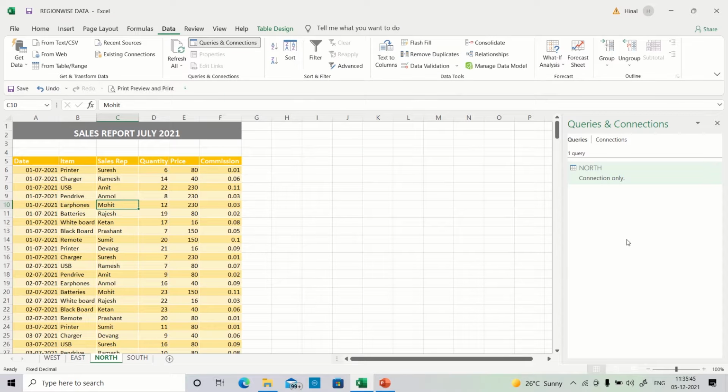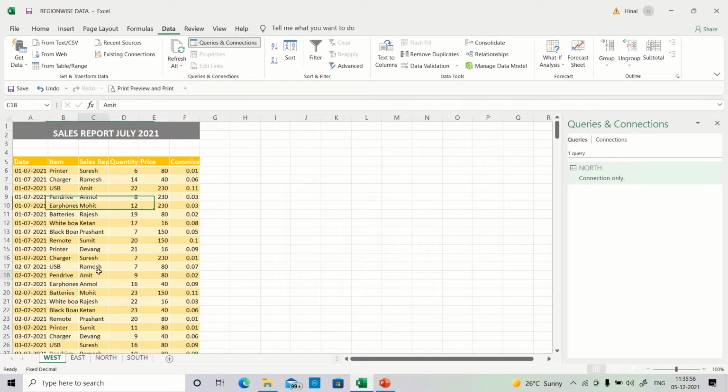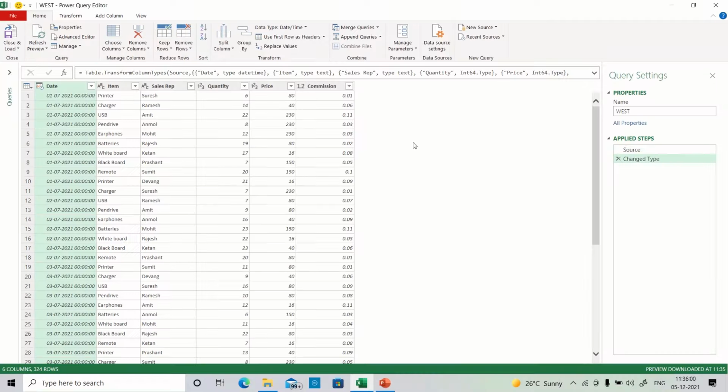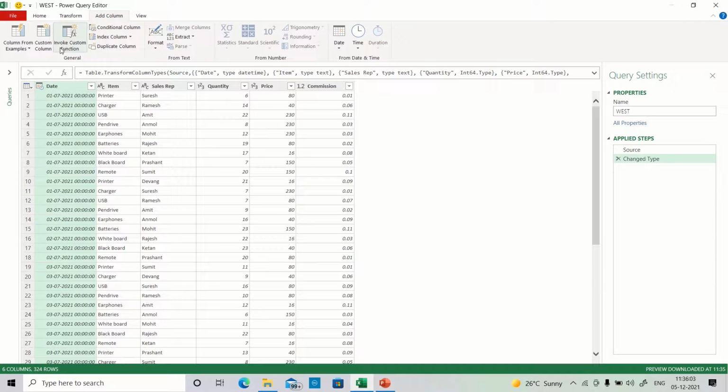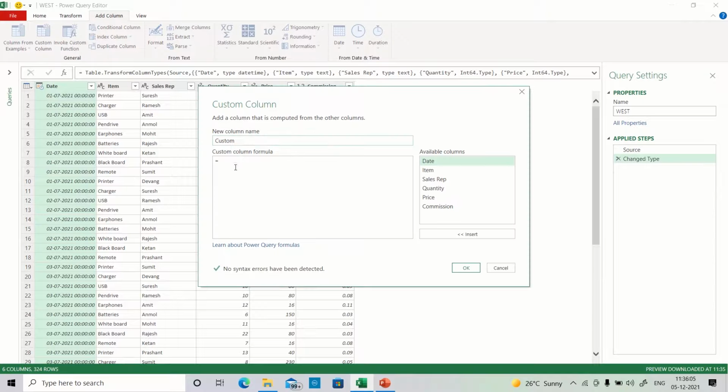A connection is something which is accessed by Power Query and then we can use it later on to append the tables. So I have to repeat all the steps for all these sheets. Now I'll go for West and again put your cursor inside the table. Click on From Table. Here also I'll be adding a custom column. I'll do this quickly.